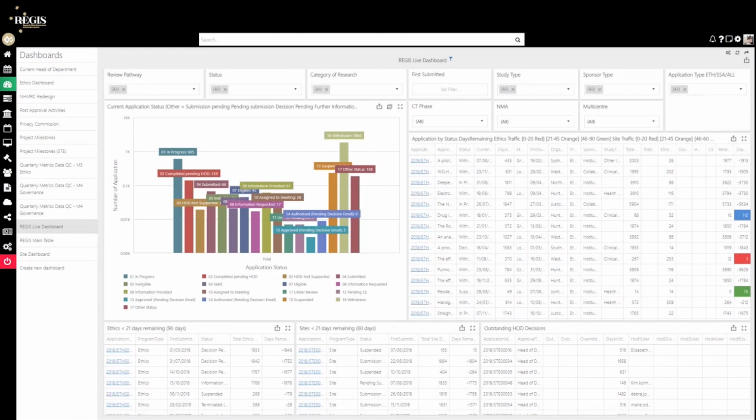There have been a few recent system updates that have been implemented to clean up the system and provide research officers with a true indication of active and compliant studies in REGIS. We'll be looking at how you can monitor and manage these studies in the system using the dashboards available in REGIS. So the first dashboard we're going to look at is the REGIS Live dashboards, and what we're going to